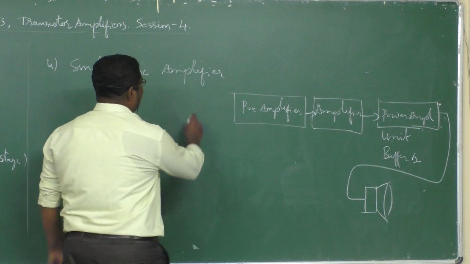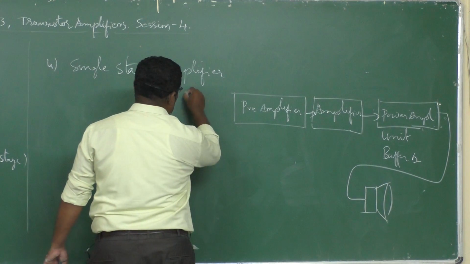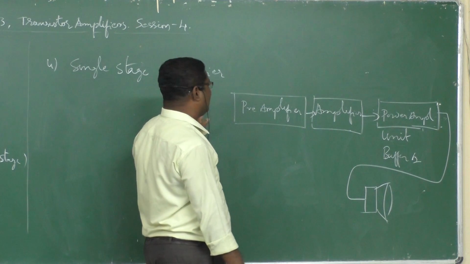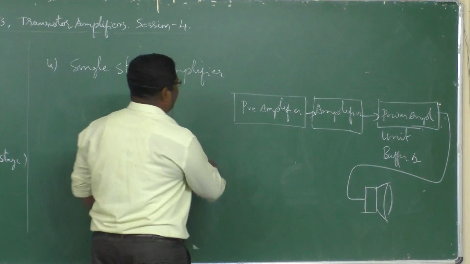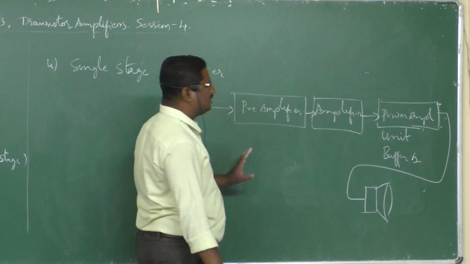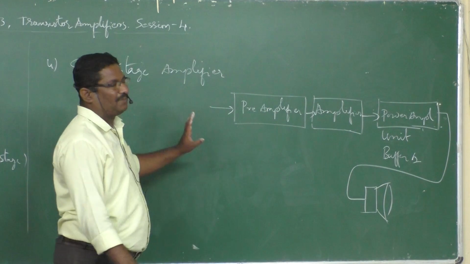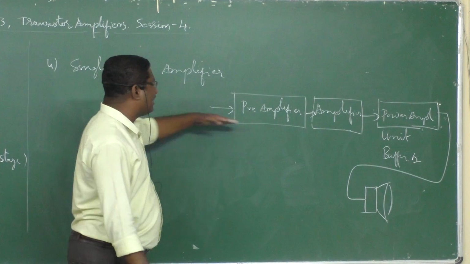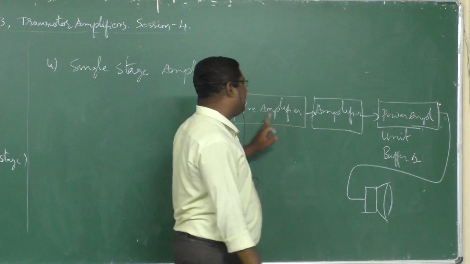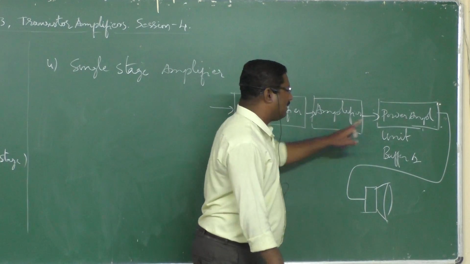So this is nothing but radio frequency will be coming, a demodulated radio frequency, that is the carrier wave is removed, and that carrier-wave-removed frequency is given here. This is a part of the radio receiver. Internally they are connected. So this is stage 1, stage 2, stage 3. Amplifier stage 1, amplifier stage 2, amplifier stage 3.